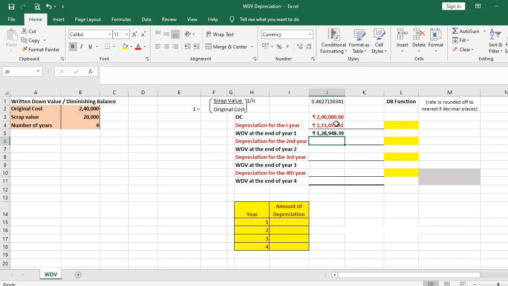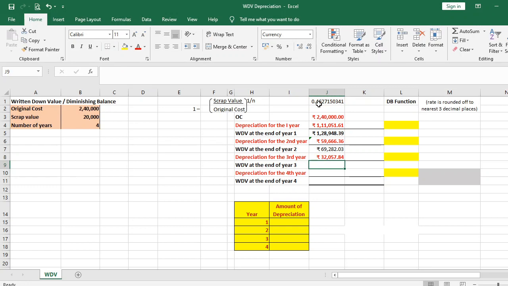128,948.39. Let us find out depreciation for the second year is equal to this WDV at the end of year 1 into rate of depreciation. So it is 59,666.36. We shall find out what is the WDV at the end of year 2. WDV at the end of year 1 minus depreciation for the second year will give us WDV at the end of year 2. Now let us find out the depreciation for the third year is equal to WDV at the end of year 2 multiplied by rate of depreciation. So it is